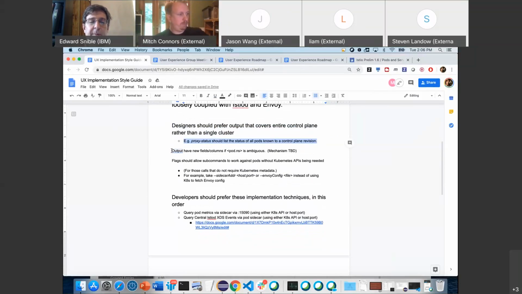Of course, this brings up the possibility that there might be some ambiguous things. The default namespace in cluster 1 and the default namespace in cluster 2 are different namespaces. Currently, all of our reports just list the pod in the namespace. We might need a new column, but that's the basic idea. And